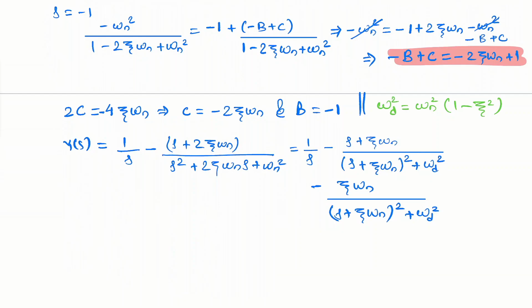So here what we can do is, we can multiply by omega d and divide by omega d. So if we substitute this omega d by omega n under root 1 minus zeta square, then we can cancel this as well. So the final expression can be written as 1 over s minus s plus zeta omega n over